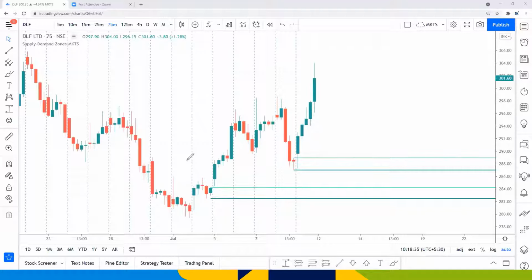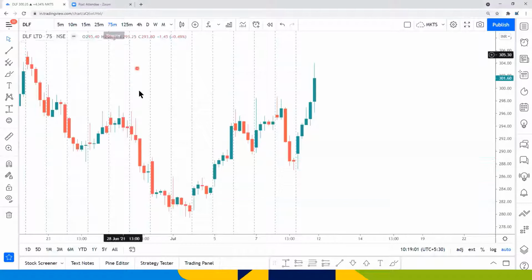Yeah. So any questions about the indicator settings? So that is clear. How to insert the indicator? I'll again repeat that. If you don't want the indicator, there's an X mark. Close it.